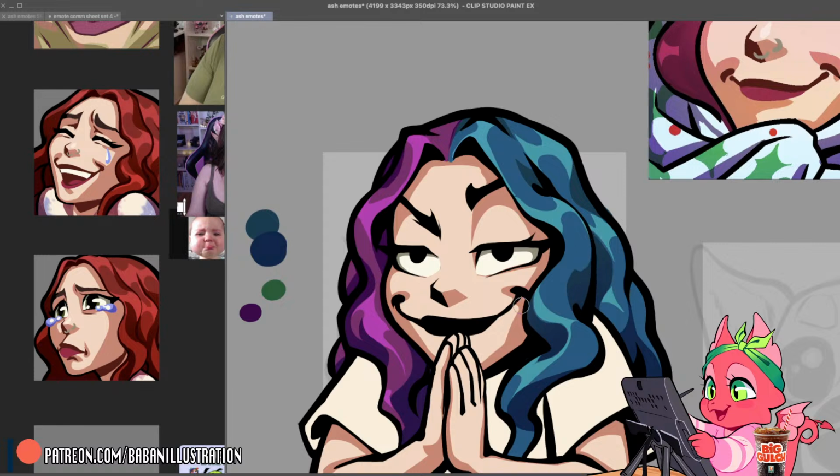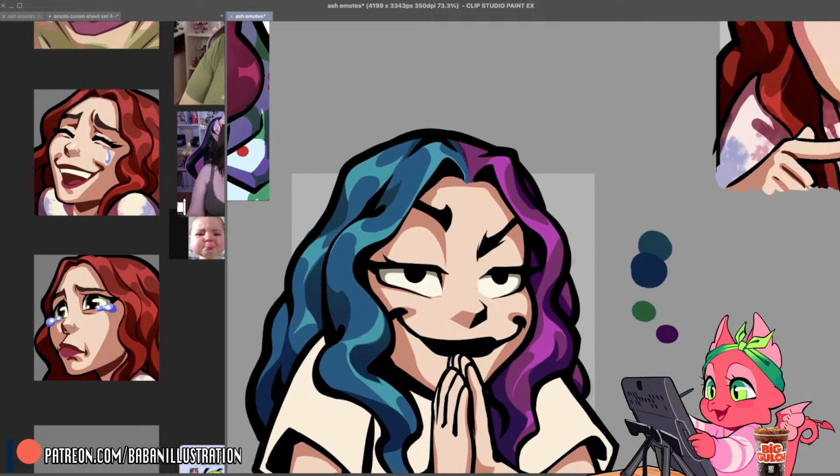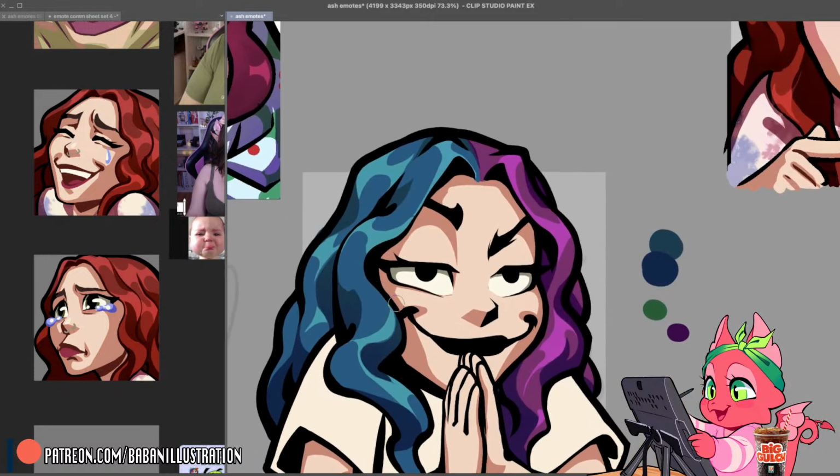How long am I planning on streaming today? I want to finish coloring at least these three, and then I'm gonna see how I'm holding up. If I'm holding up okay, I'll keep going because I have some other sketchy stuff to do, but we'll have to see because I kind of don't mind doing that off stream. I'm waiting for someone else to get back to me about emotes at the moment, so I can't go ahead on those just yet, but I have other things I can do off stream as well.